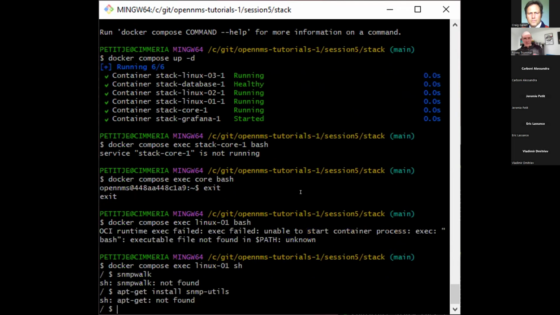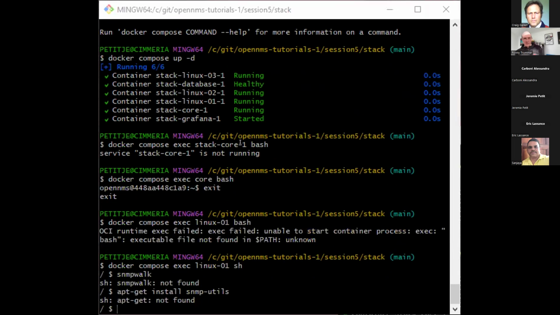It doesn't have apt installed. APK you can use. But what you can use is the Karaf shell. Go out of that container.